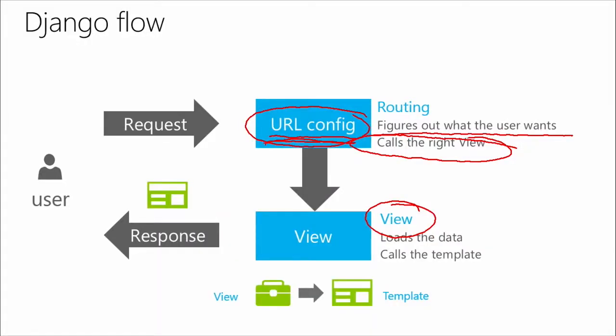In fact, if you go to the Django website, it's in their FAQ, they talk about this: some people will look at what they call a view and call that a controller. To me, I call that a controller. They basically come right back and say, hey, look, it's a pattern, and people are going to have different names and philosophies. So their philosophy is that that's a view. And I guess to a certain extent, the URL config would be more like a controller because it's figuring out what the user wants and calling the view.